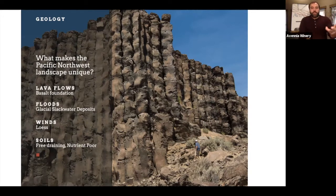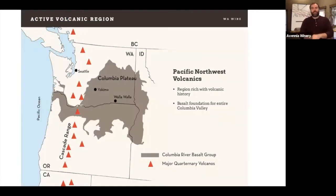And the three main soil types that we'll talk about are the basalt foundation from lava flows, again, those glacial floods, and then windblown loess. But first, the volcanoes. So about 15 million years ago is when the volcanoes along the Cascades were the most active, and all that rapid cooling from volcanic eruptions formed this basalt, this iron-rich, magnesium-rich rock as the foundation of Columbia Valley. So the Columbia Plateau, which is where most of the wine-growing regions are, has this basalt bedrock,